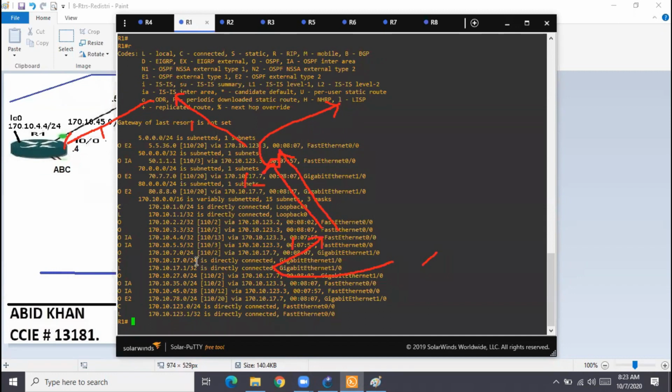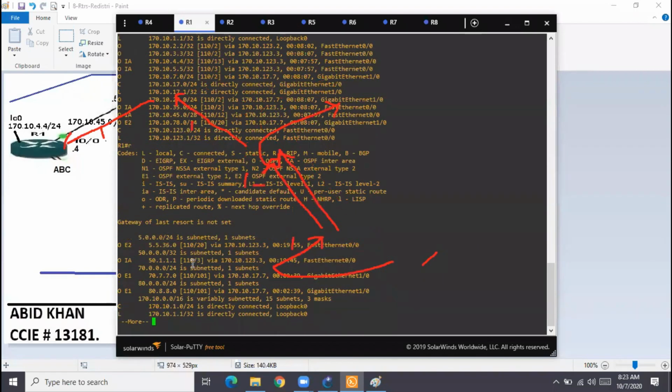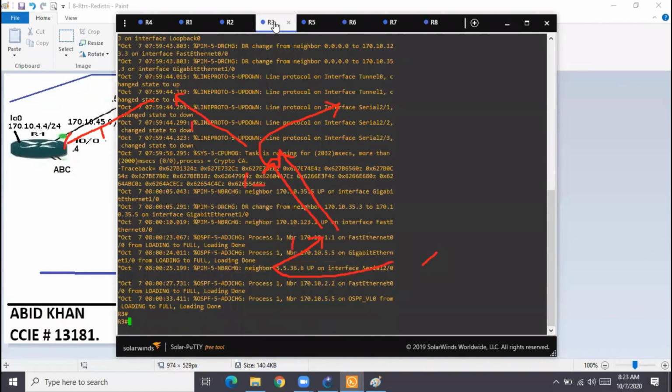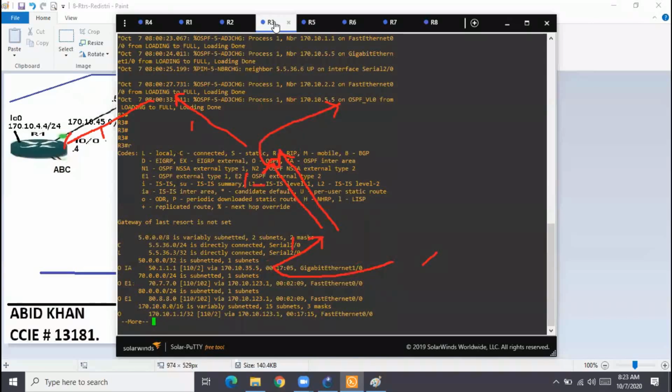If I go to R1, last time if you see, R1 was also showing, okay, that time I did not do it, but anyway, if you see 80, it was what? 20 by default. So on R4 also it was 20. So now if I look on R1, it should be what? See 80, 101. R3 will be 102, 480. See here.